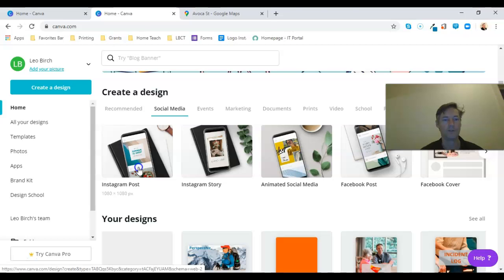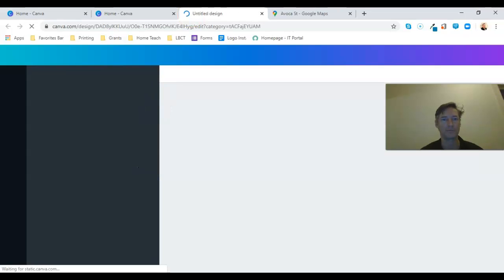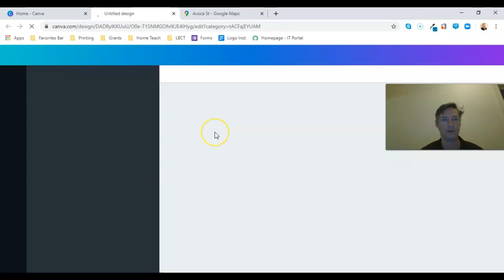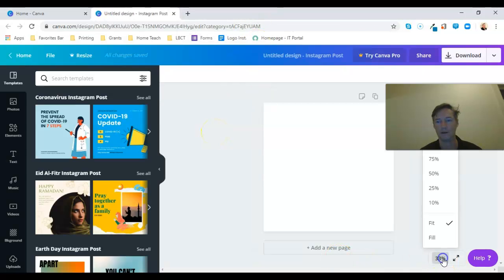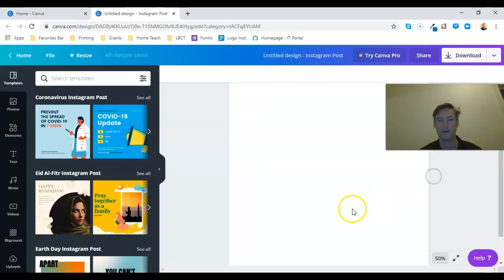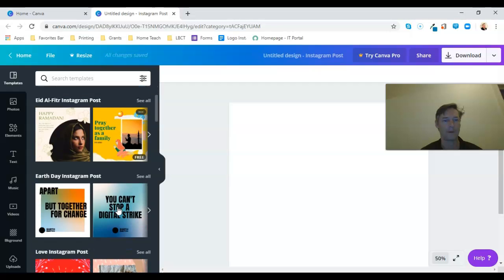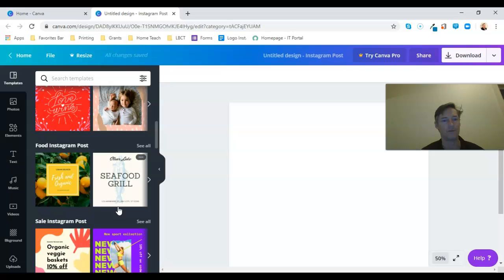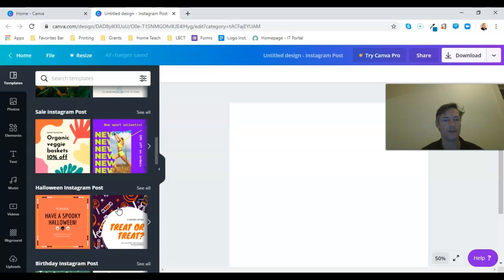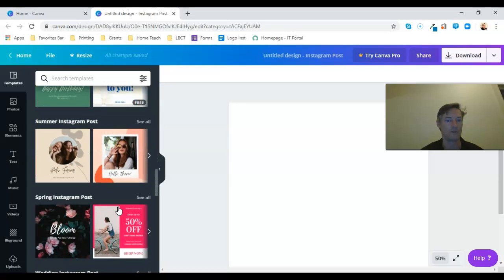So if we have a look at the Instagram post as an example, get rid of that, don't need that tab, don't need that tab. I'm just going to make that a little bit bigger, so get it up to 50%. We can see that there's a whole lot of templates here. Generally I say just stick with the templates that are already there. So you can imagine if you want to use, let's find one with a photo,